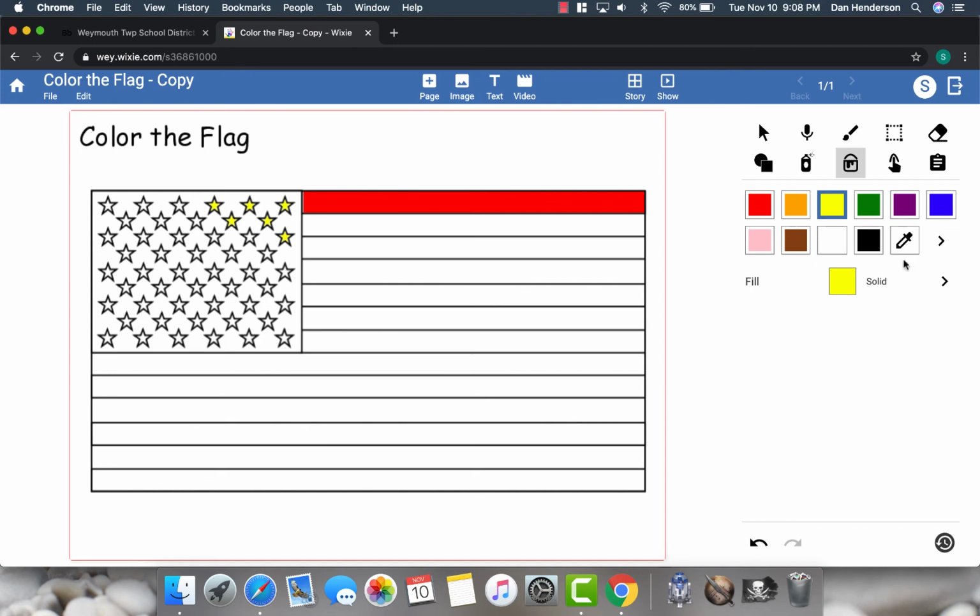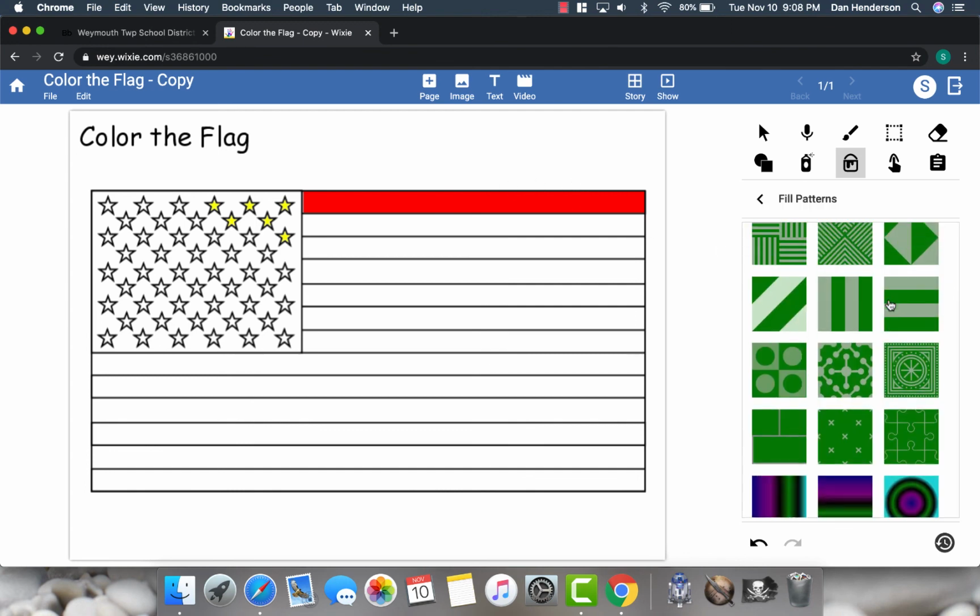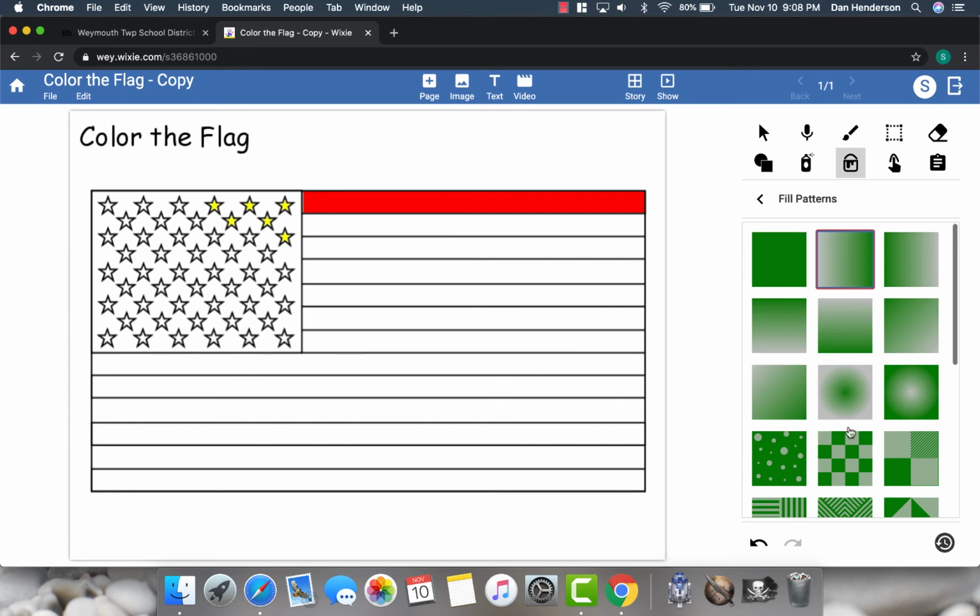Now, to take a look just very quickly at what some of those other patterns do, I know that the American flag has specific colors, but let's just say I picked this green right now. It's a solid color, just like I filled in the red, but if I pick one of these gradients, a gradient is where it blends or fades from one color to another. So now if I click here, you can see that it didn't just put in a solid green, it faded,